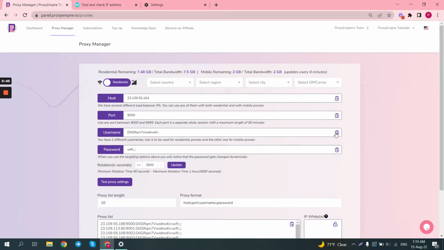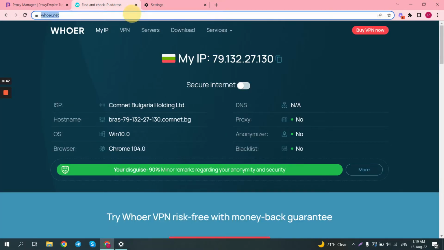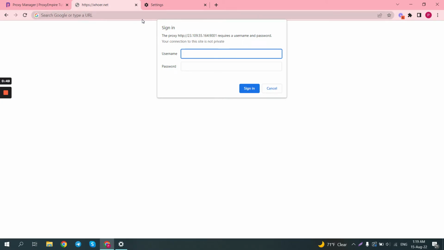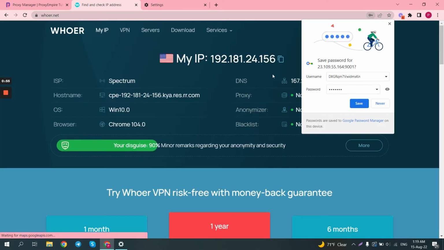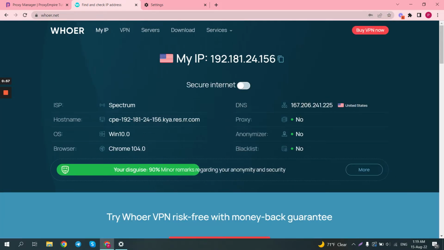then go back to whoer.net, refresh the page, and it will prompt you to enter your username and password. Okay, and now when we refresh the page we see that we're now using a US IP. Simple as that. But here are the disadvantages of using proxies directly without using a proxy plugin for Google Chrome,